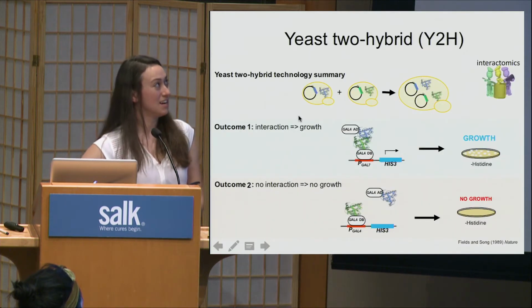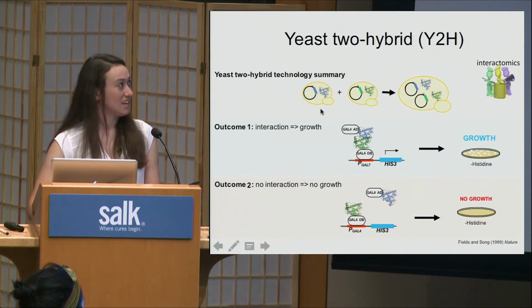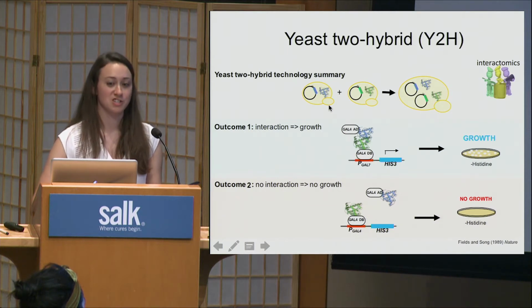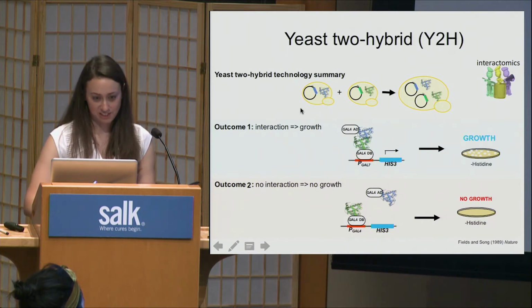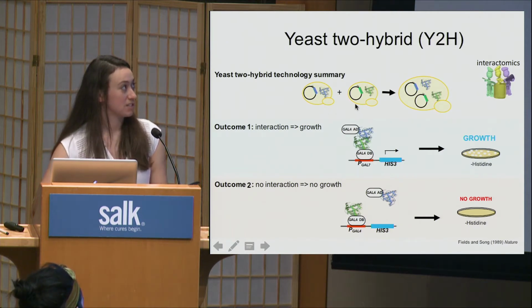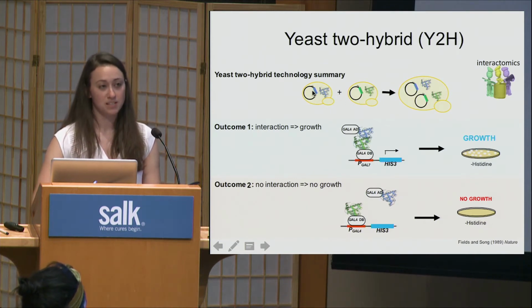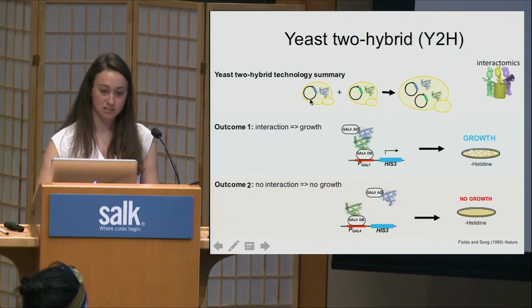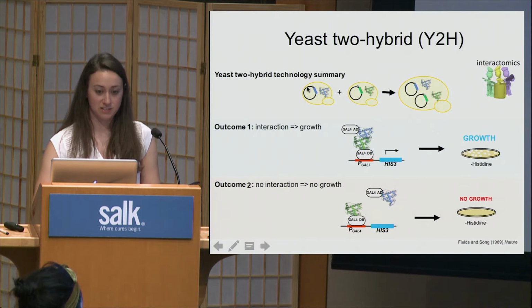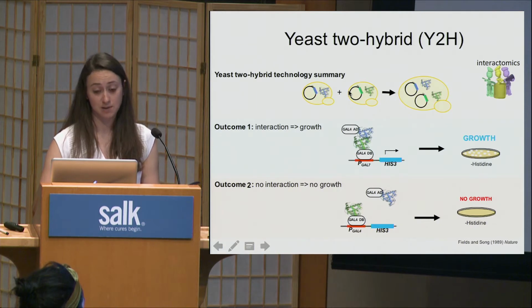Okay, so I'm first going to explain the yeast-2 hybrid system a little more. This is a technology that I showed in the last slide, and it's the most economical technology out of the others. And it works by expressing different proteins in yeast cells. So say you want to know if the blue and the green protein interact. What you do is put the coding sequence of the protein into one yeast strain, in this plasmid that carries this activation domain. It's a yeast activation domain that gets put onto the protein. In another yeast strain, you express the green protein, which gets expressed with a yeast DNA binding domain.